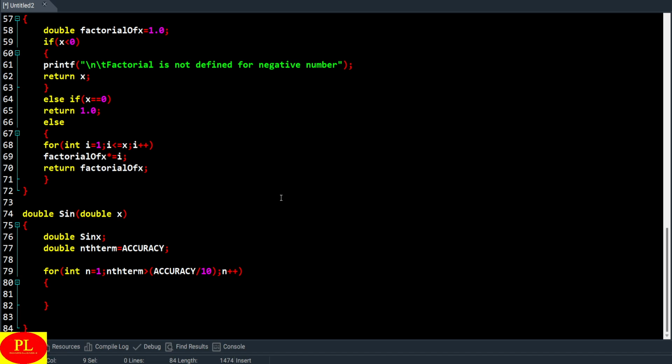Now the nth term is equal to, remember, the angle to the power 2n minus 1 divided by 2n minus 1 factorial. So in this case, the nth term will be x to the power y. And what is x? x is the angle, and y is 2n minus 1, 2 into n minus 1. Okay, this will be the angle to the power 2n minus 1